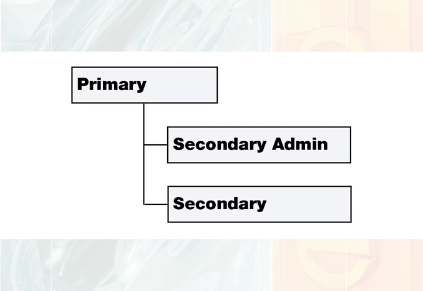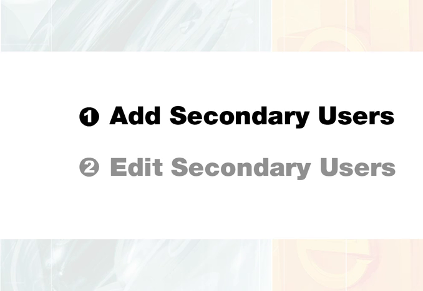The primary user can create one or more secondary users anytime in eQuas Online. Secondary users can be set with the admin role or a user role. A user role enables a user to perform only restricted functions, such as to enter results or to view programs. In eQuas Online, you can add secondary users and edit the secondary user setup as well.